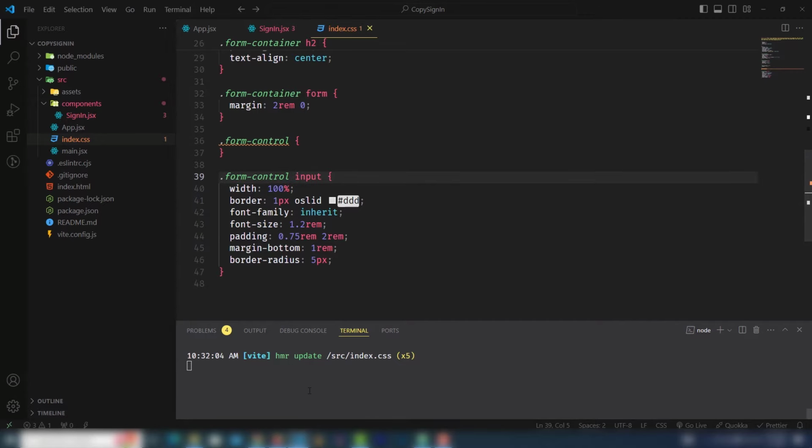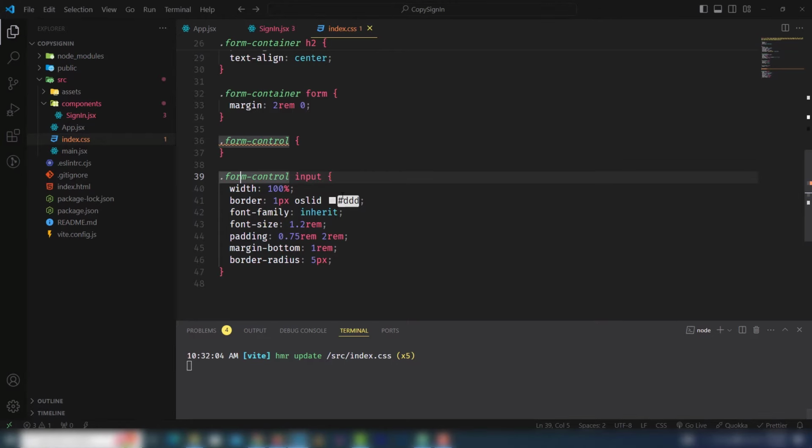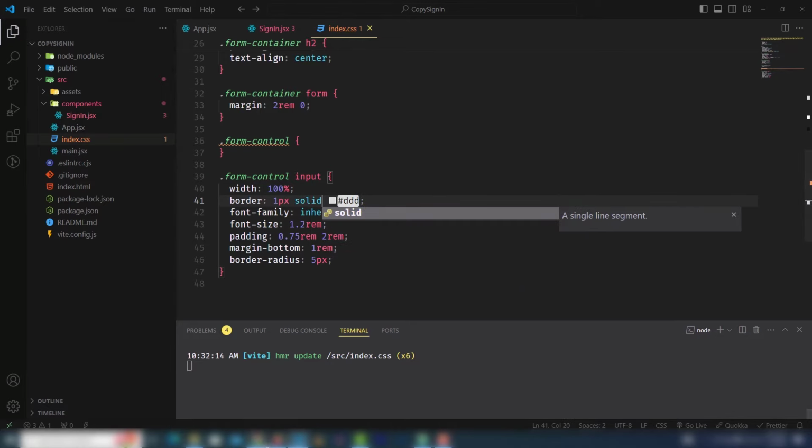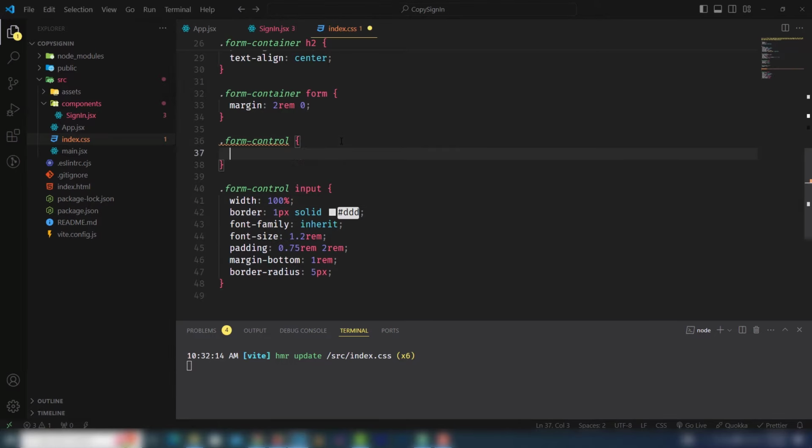Yeah guys, as you can see, right, and solid, so it should be displayed. Yeah guys, so I need to move the icons inside the input field. So first thing, you need to select the form control and use position relative. Then the next thing, you need to select